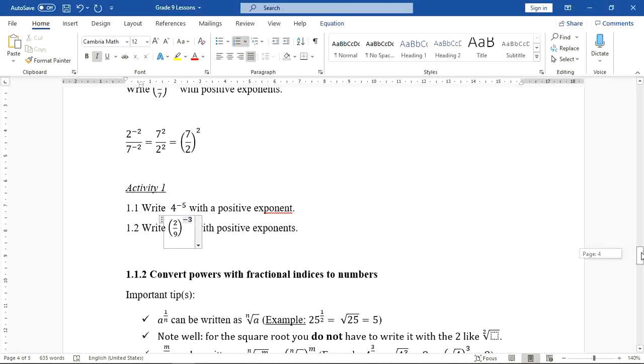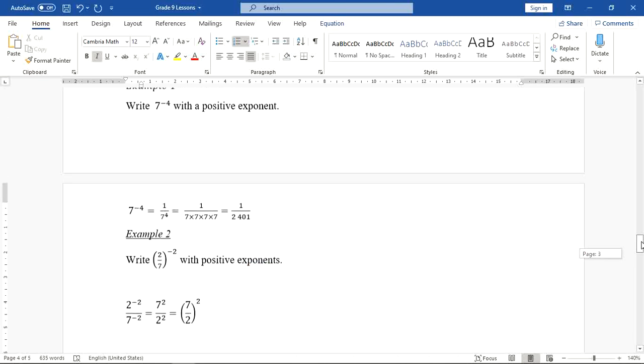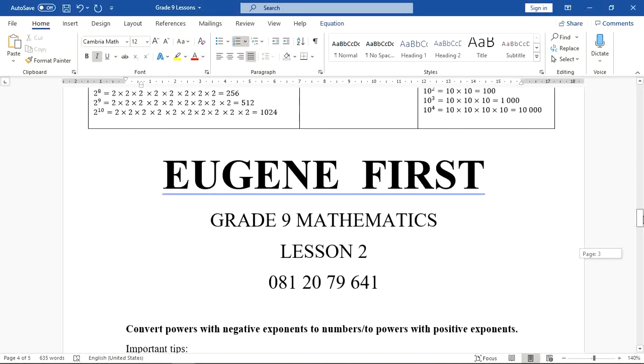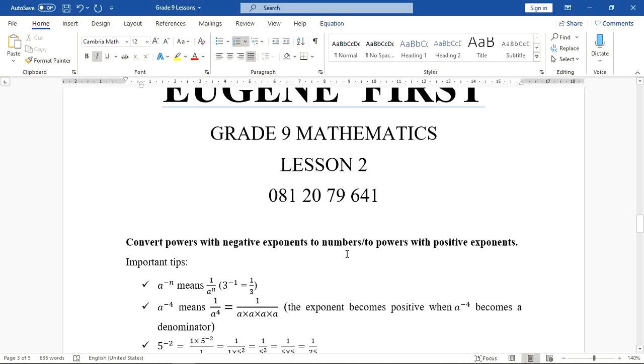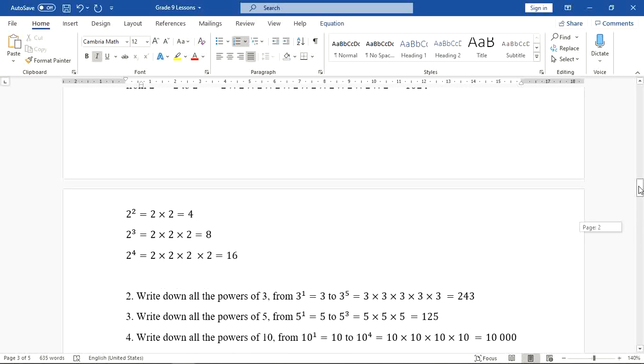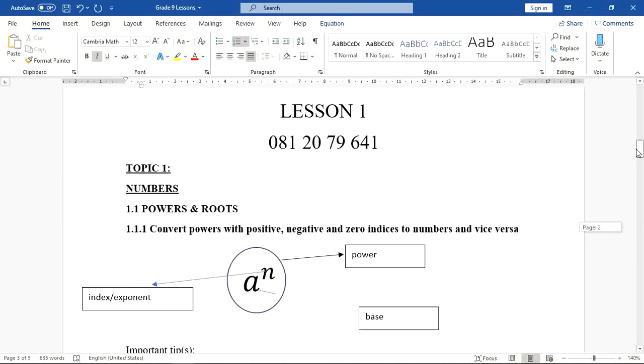So in our next lesson, we are going to look at exponents, 0 exponents. Let me just quickly go up. We are going to look at 0 exponents. Although we know that